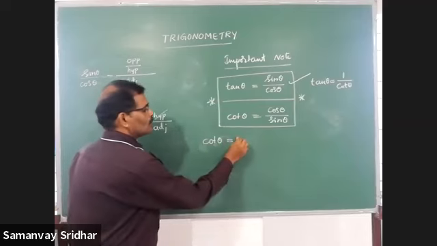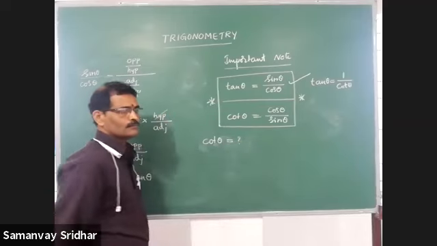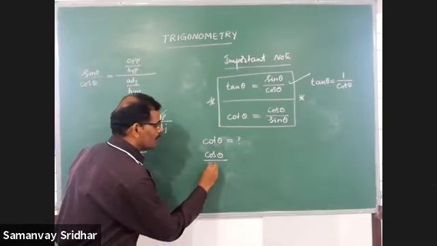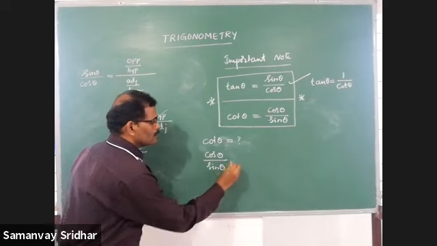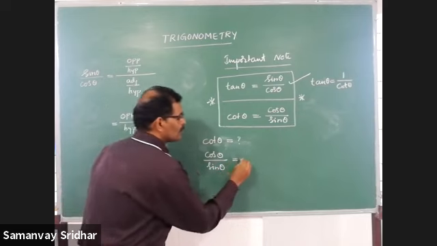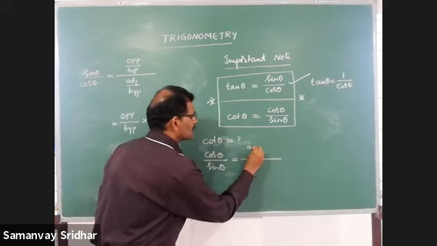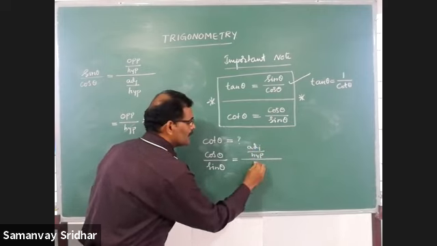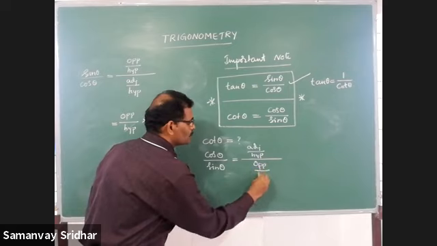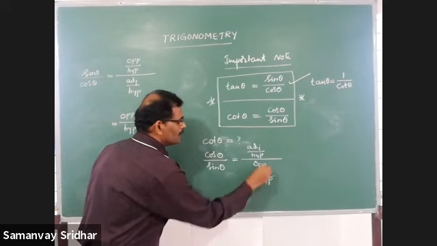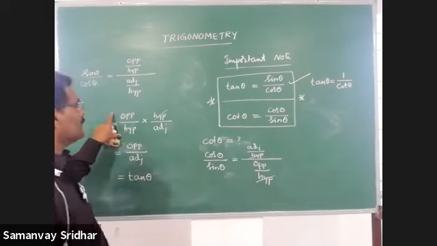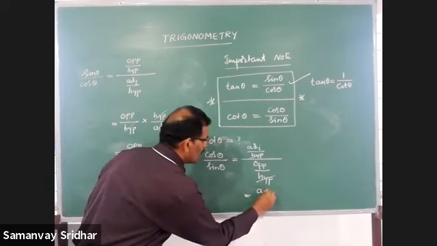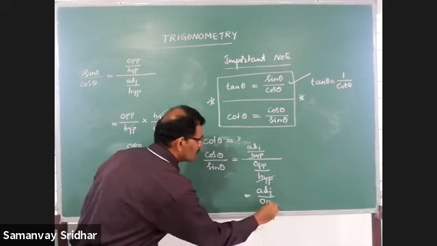Right? So what is that cot theta? Is it right or not? So therefore, I'll go with cos theta by sin theta now. That's equal to cos, which is nothing but adjacent by hypotenuse. Sin is what? Opposite by hypotenuse. Now, in the denominator, whatever we have, that cancels, or you can write in this form and you can cancel. What is remaining now? Adjacent by opposite. You got this?